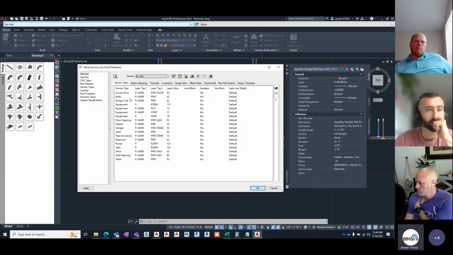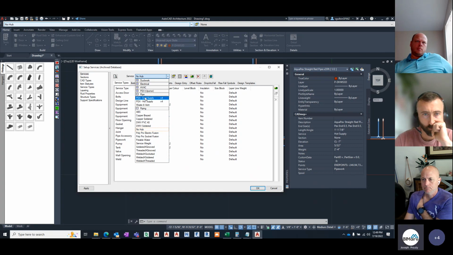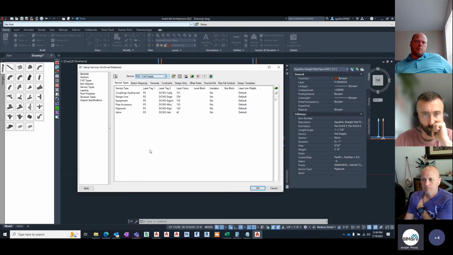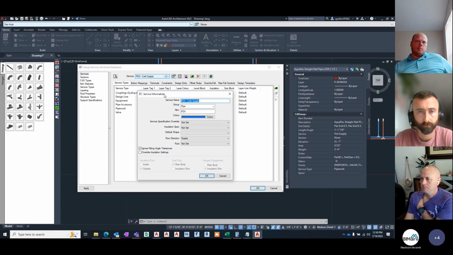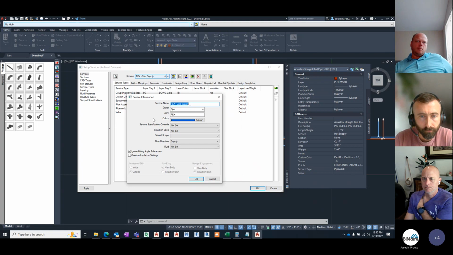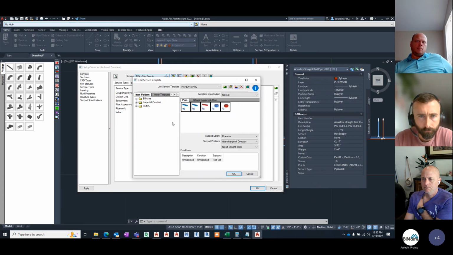Where it says service, drop down the service and make it be the pipe. And then yep, that one, click on that one. And then click the little button next to it, the edit button, right next to the drop down. This one? Yep. Okay, that's it. Hit cancel, I just wanted to check that. And then hit the button next to that, I believe. There we go. Okay, now click on